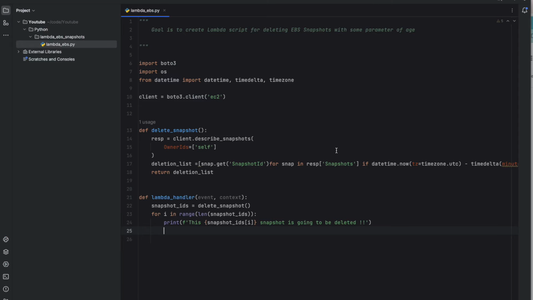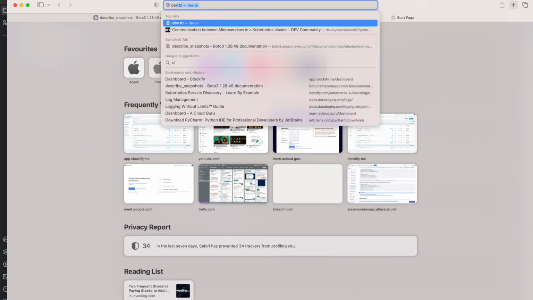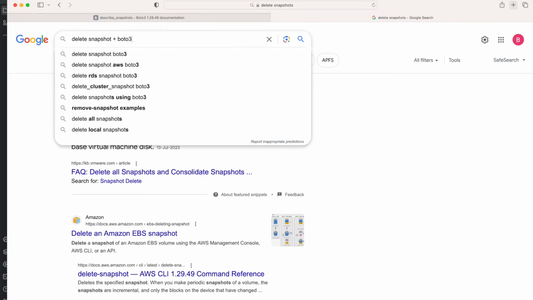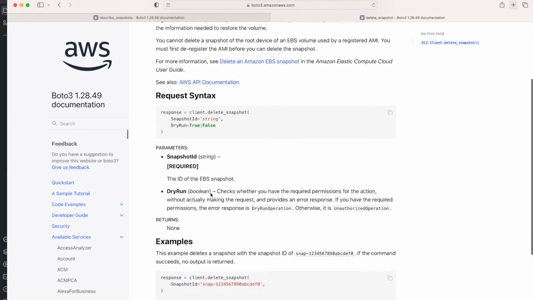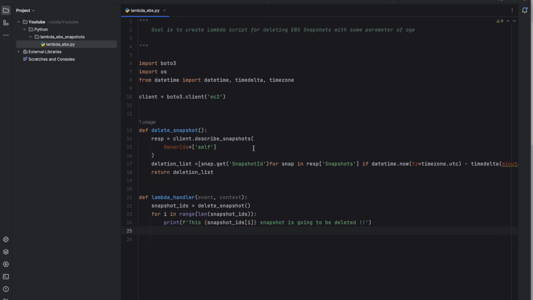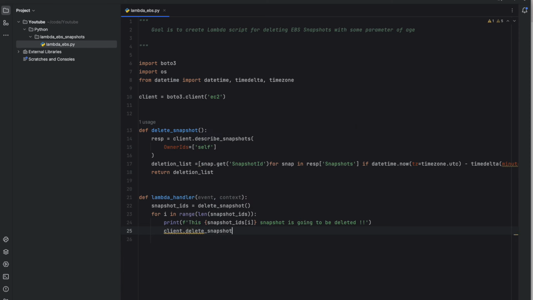There is a function called delete snapshot. So let me also look it up here, delete snapshot. Here you can see this is the response of the client.delete_snapshot, where it expects a snapshot ID and dry run mode if you want to put it, right? So what I will be doing here is client, which I have taken from here, dot delete underscore snapshot,